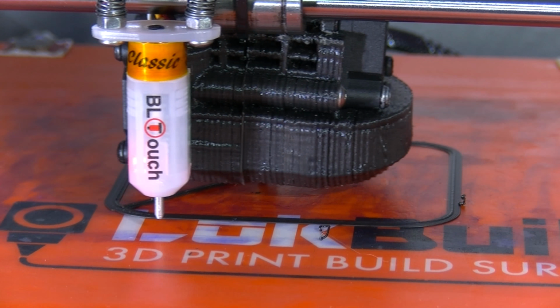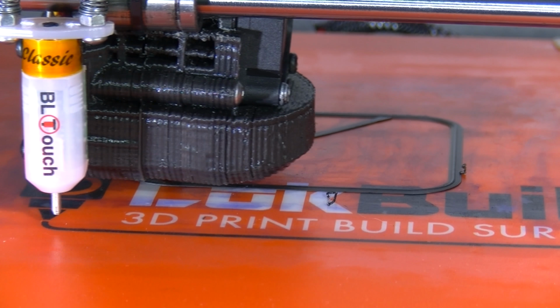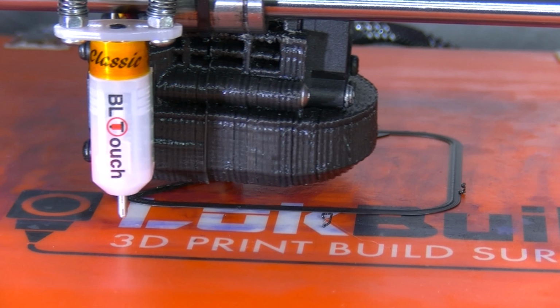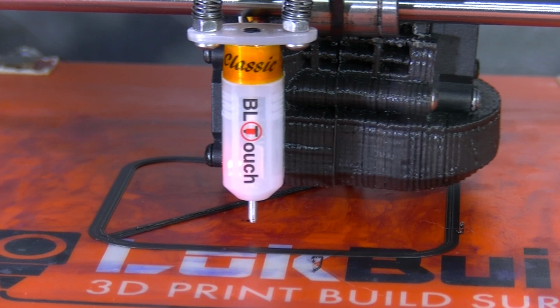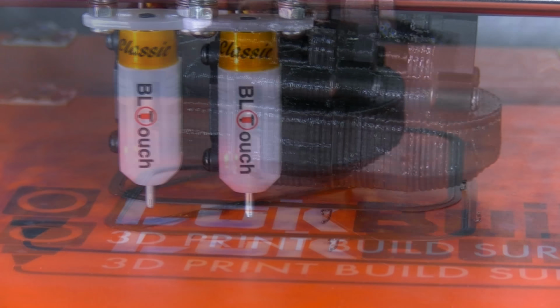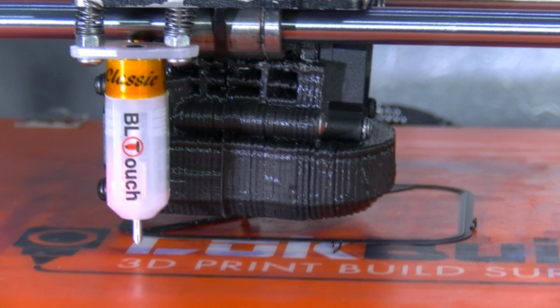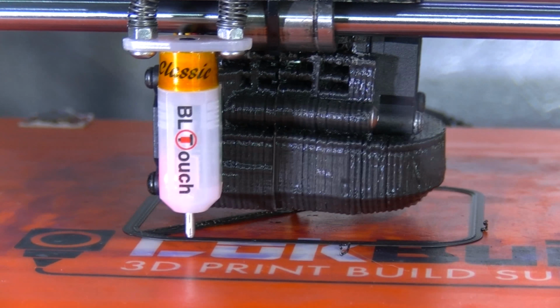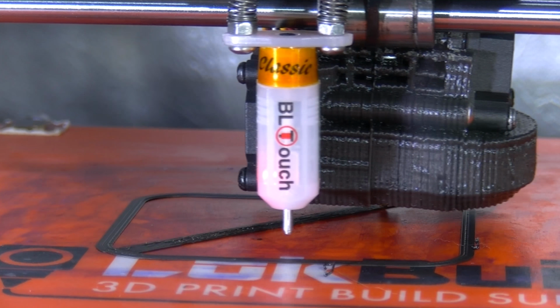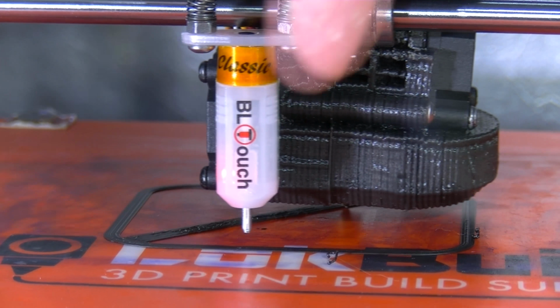As I say, this is about a 2.5 hour print I think, so I will be chopping quite a bit out of this video. I am printing at 0.2 layer height. 0.1 might have been better for something like this, because there might be sort of liquids coming off the toothbrush